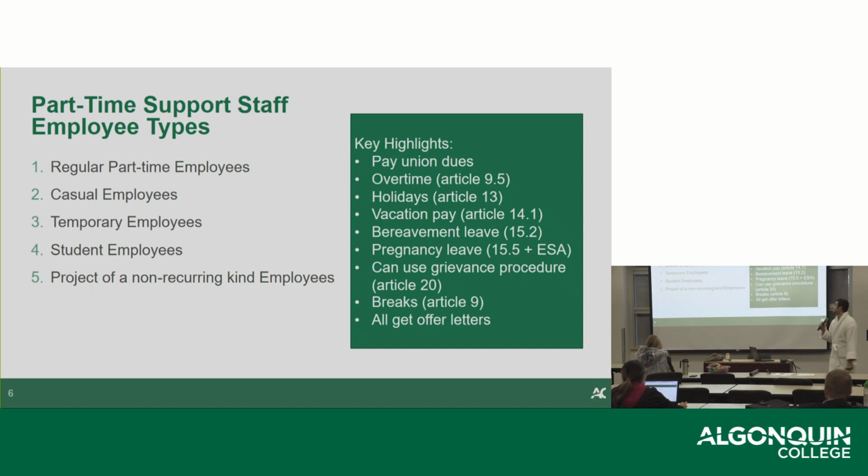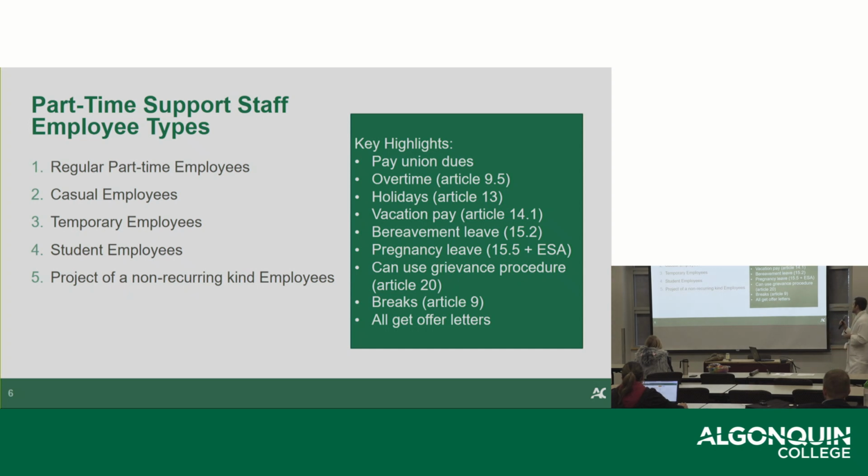Okay, so the 5 employee groups or 5 employee types: regular part-time, also known as RPTs, casual employees, temporary employees, students, and project of a non-recurring kind, also known as PNRK. With all 5, there are specific highlights or specific provisions that they all have access to. Starting at the top, they all will be paying union dues. Whether you work 1 day a week or 5 days a week, you're paying union dues to both local and